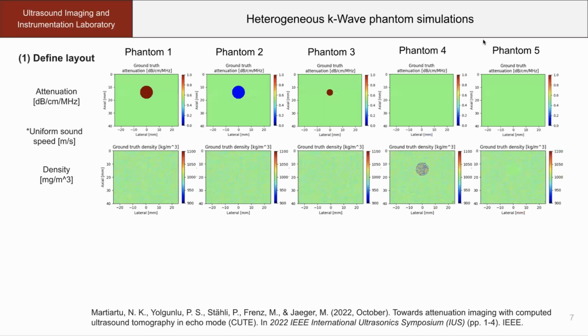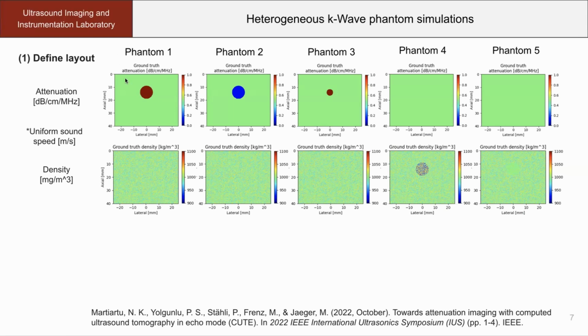To test our model, we started by creating heterogeneous K-wave phantom simulations, which is inspired by this work from IUS in 2022 called Towards Attenuation Imaging with Computed Ultrasound Tomography in Echo Mode, CUTE, which was an extension of the CUTE model for sound speed estimation. So there's 5 different phantom layouts in this